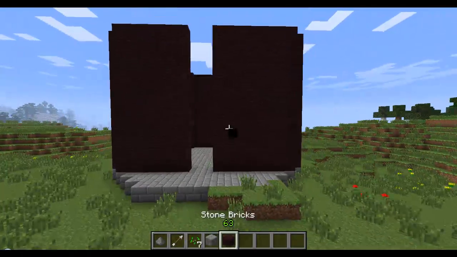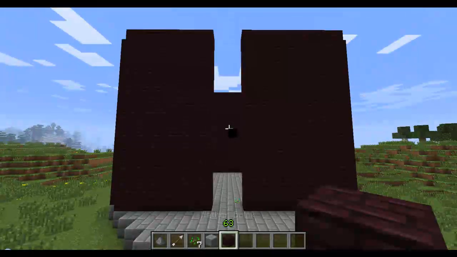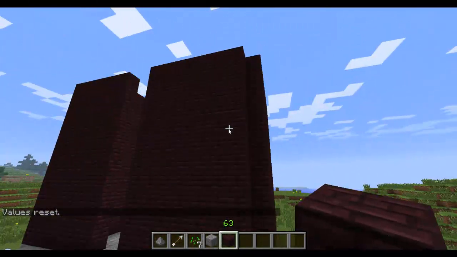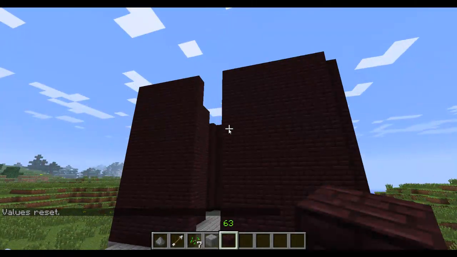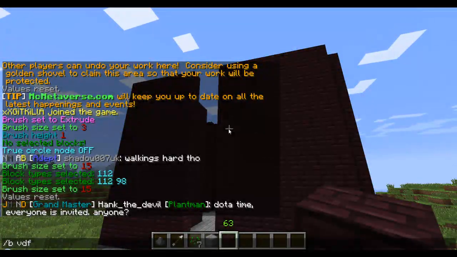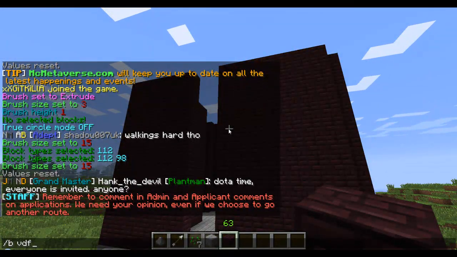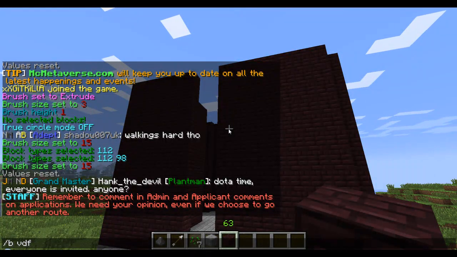And then you can go ahead and default your values. Now we can start giving it a little bit more form. Let's do VDF for voxel disk face. Basically what this is, it's a flat square, just like a plane, I guess, if you will. So B VDF, and then on this one,